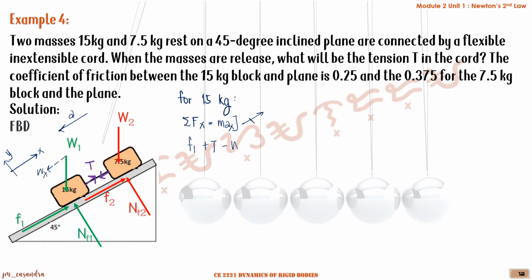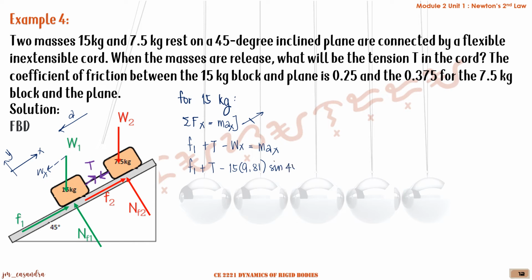It's minus Wx is equal to the mass times Ax. So we'll have F1 plus tension minus Wx, which is 15 times 9.81